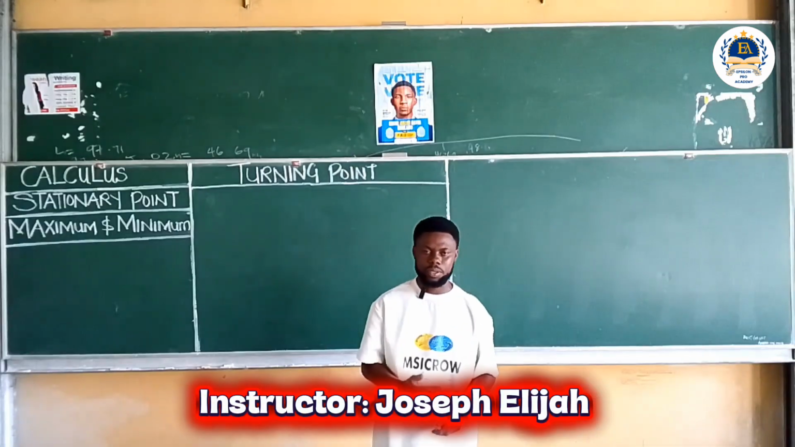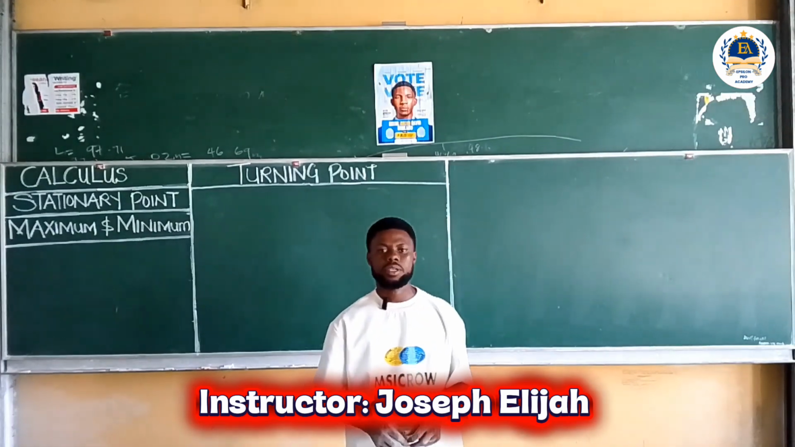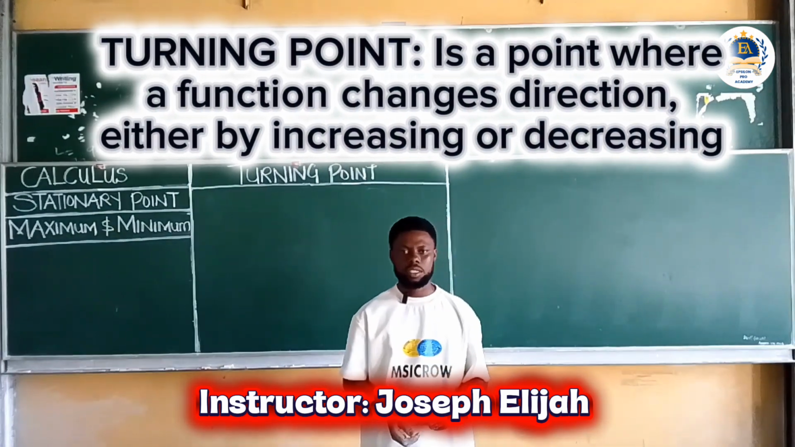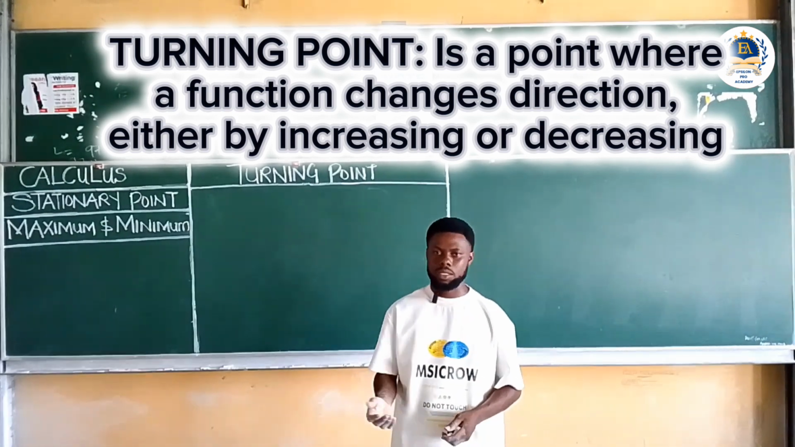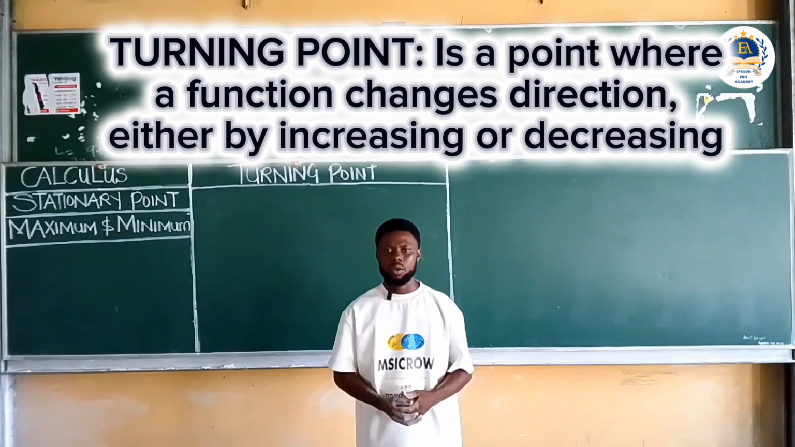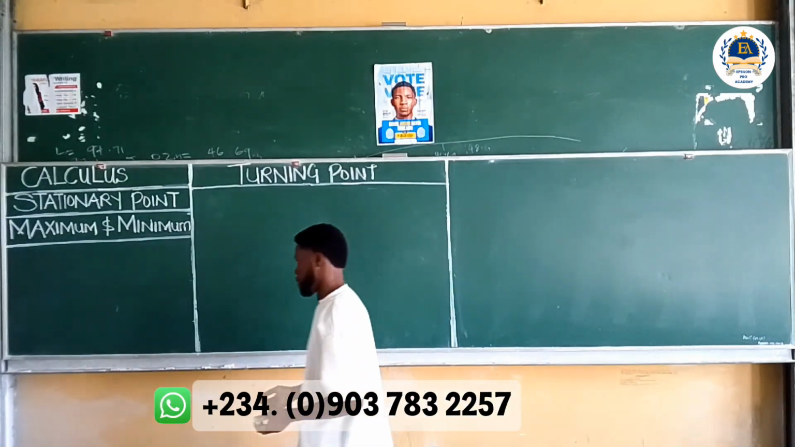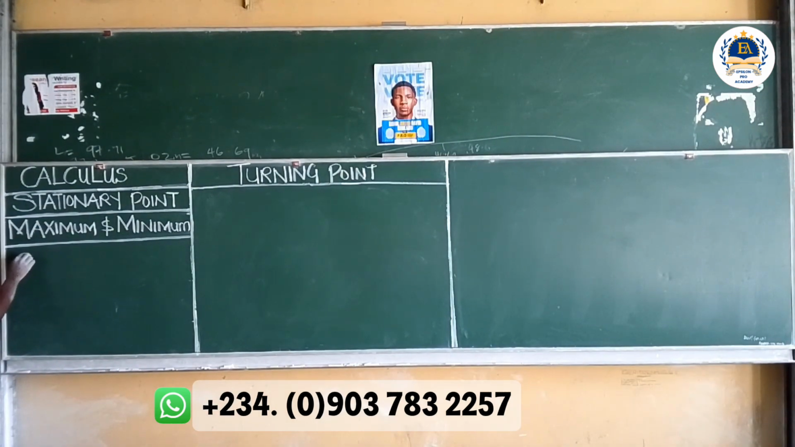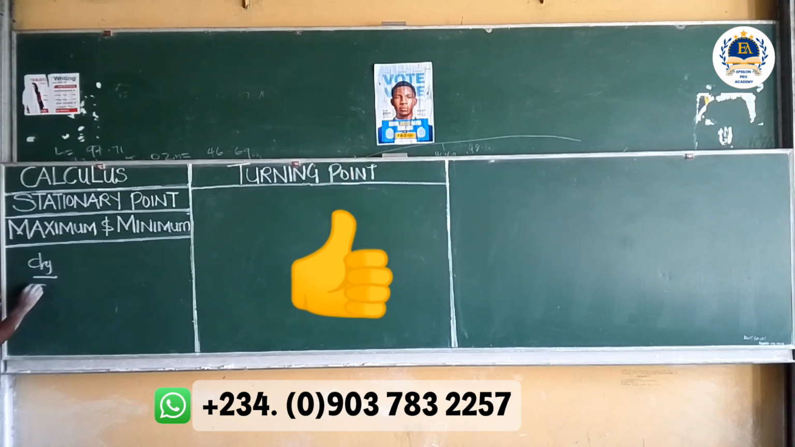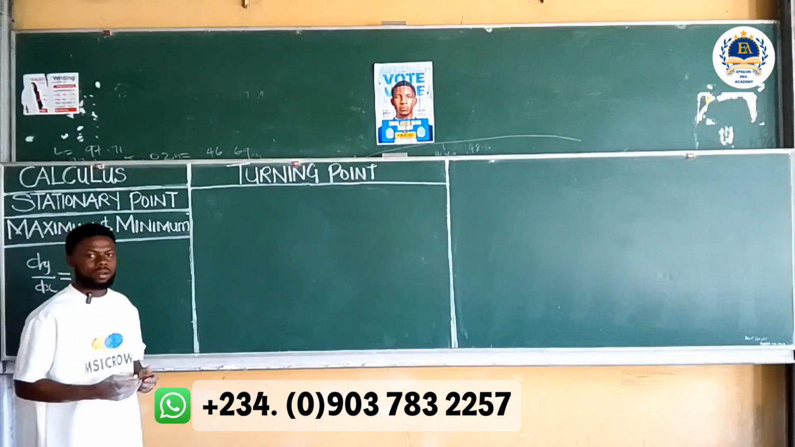Haven't known what a stationary point is, let us consider a turning point. Now in calculus, a turning point is a point where a function changes direction, either by increasing or decreasing. So in a turning point, dy/dx is equal to 0. Because dy/dx is equal to 0, we can therefore say that